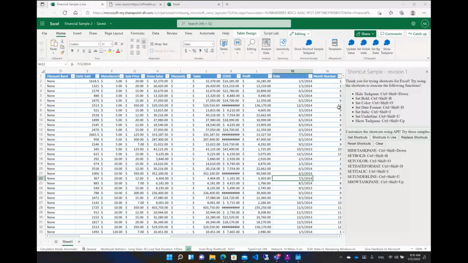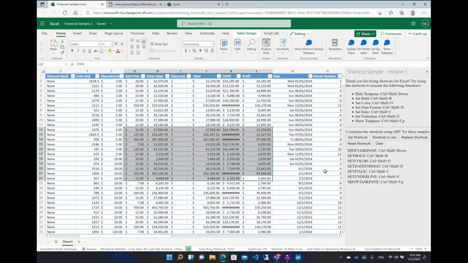So here I've opened a sample data set, and for example, we can select these dates and press the shortcut here. We can set the date format by pressing Control-Shift-D, and that will change the date format. Or we can try a different shortcut, such as set color by pressing Control-Shift-O, and it will change the color